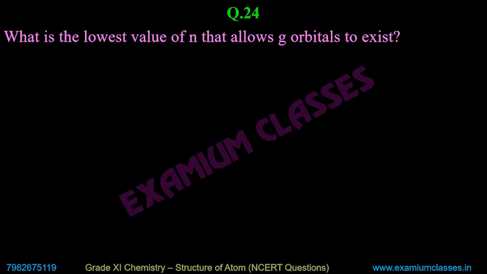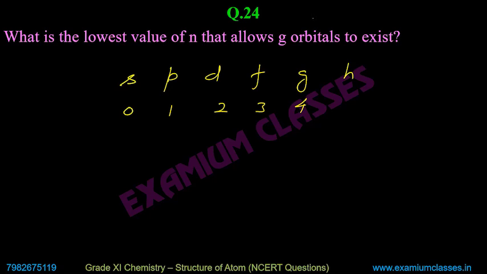Now the question is, what is the lowest value of n, meaning the number of shell, which can allow a g orbital to exist? So you need to first write it: s, p, d, f, g, h, like this: 0, 1, 2, 3, 4. Now you can give me the answer. Arjun,